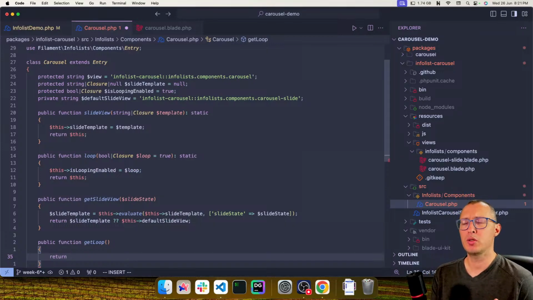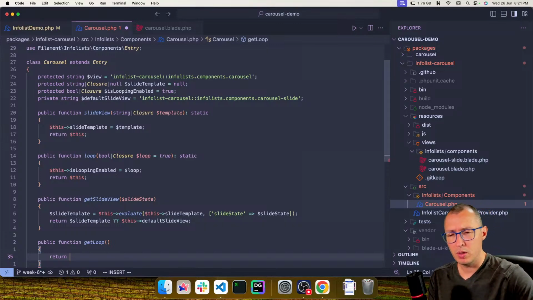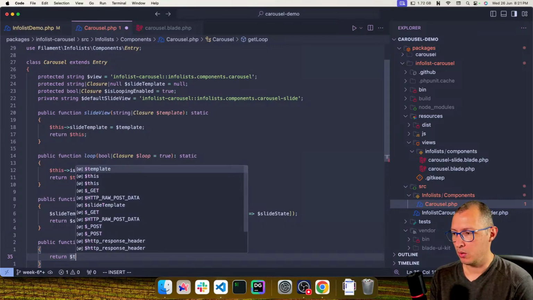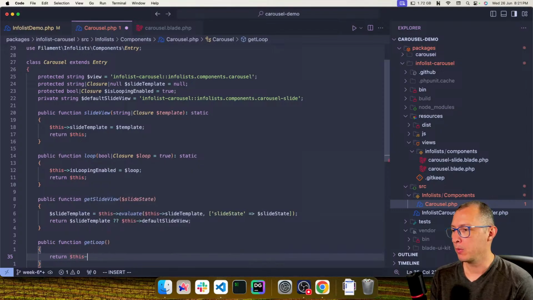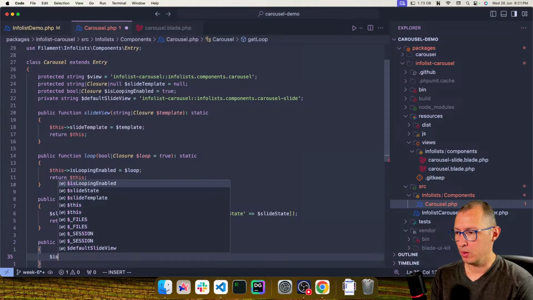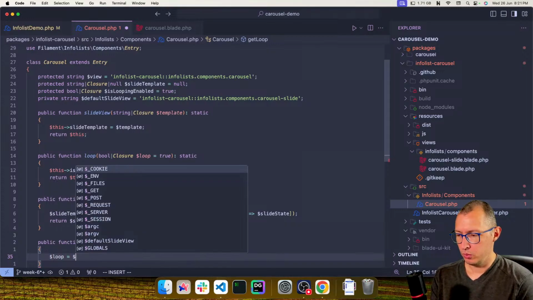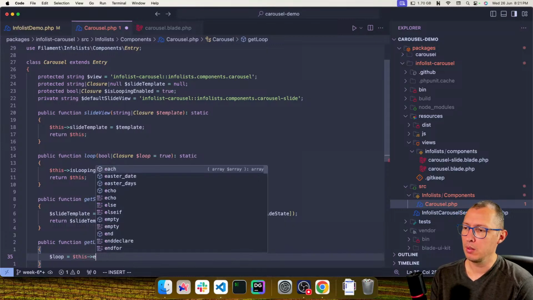Unfortunately, I wish I could just return the true or false value, but I've tested this, and when we pass this into the Alpine component underneath, it has to be a string, so that the string will then be transformed into an actual JavaScript Boolean. So let's check on this. Wait, you need to assign the value. So isLoopingEnabled, or just call it loop, equals to this evaluate